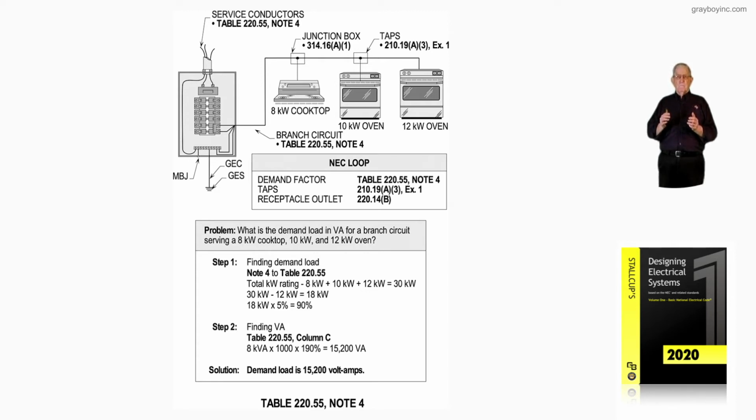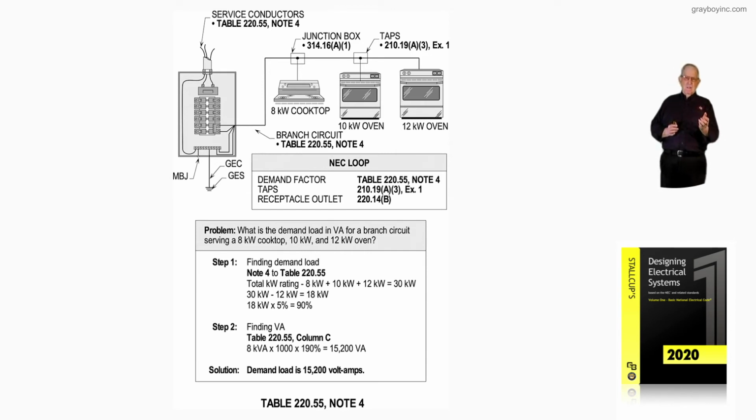In step 1, we have the kW rating of 8, 10, and 12 added together is 30. Now you take one 12 kW range, so to speak, what we're doing, one 12 kW. Subtract that from the 30 and you have 18 kW. The note 4 says, all right, there's a 5% demand. So 5% of 18 is 90%. So now you take